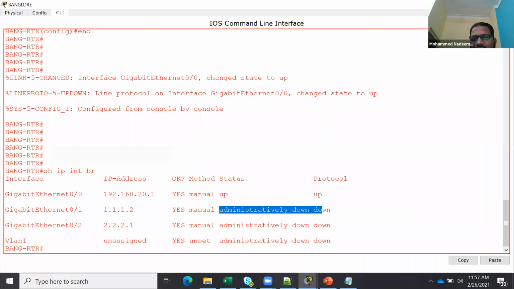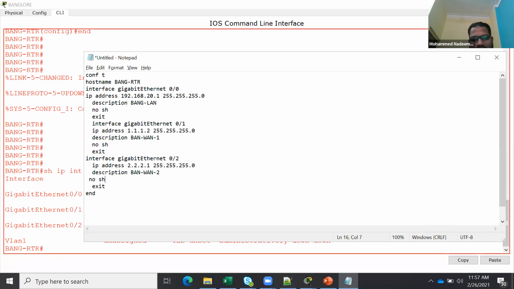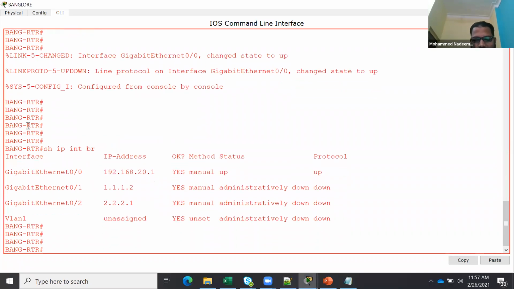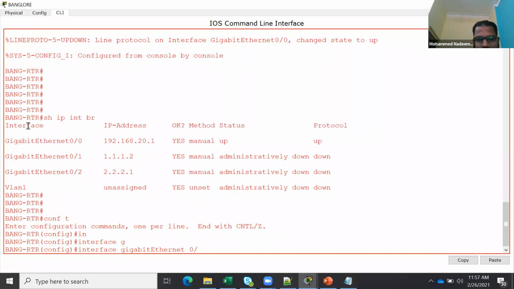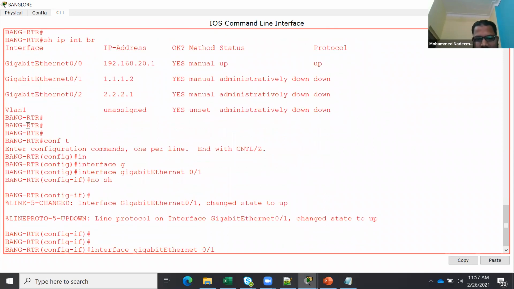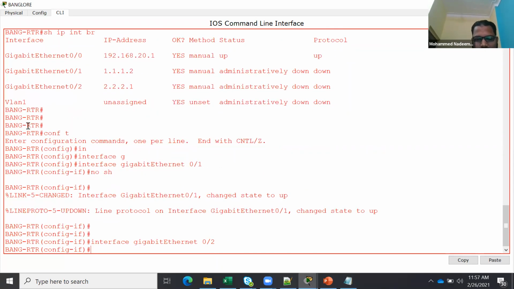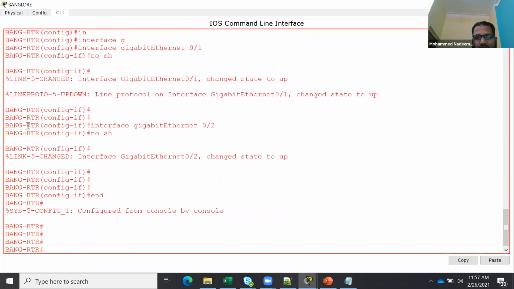Administratively down. It means that in my configuration I forgot to put the no shutdown. You remember? Under the interface I have to put the no shutdown, right? So I forgot that. I can go and do that manually. GigabitEthernet 0 by 1, no shutdown. Done. Similarly, I can say 0 by 2, no shutdown. Done. So my Bangalore router is done.